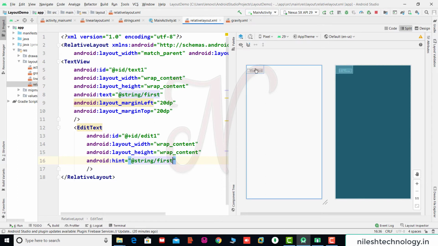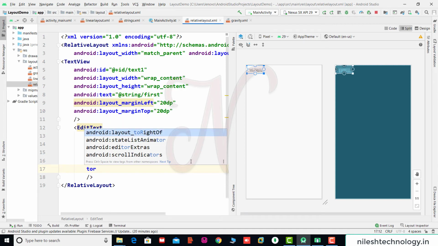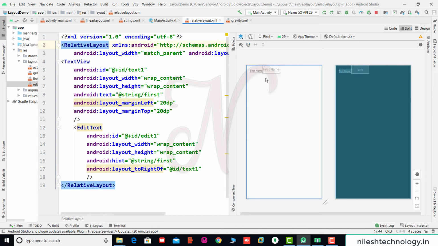See here in design mode, this EditText and the TextView overlap with each other. So here we give some margins, and use one attribute: toRightOf text1. This EditText is shifted to the right of text1. See in design mode, it is shifted to the right.